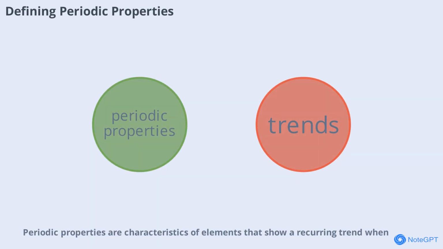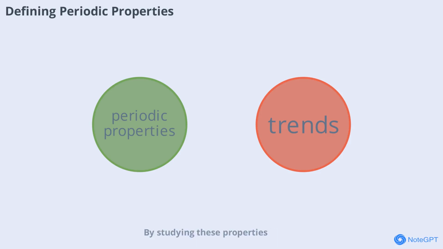predictable manner. Periodic properties are characteristics of elements that show a recurring trend when you move across a period or down a group in the periodic table. These include atomic radius, ionization energy, electron affinity, electronegativity, and metallic or nonmetallic character. By studying these properties, we can predict how an element will react chemically and what physical state it might have under certain conditions. Let's take a closer look at each of these properties and see how they vary across the